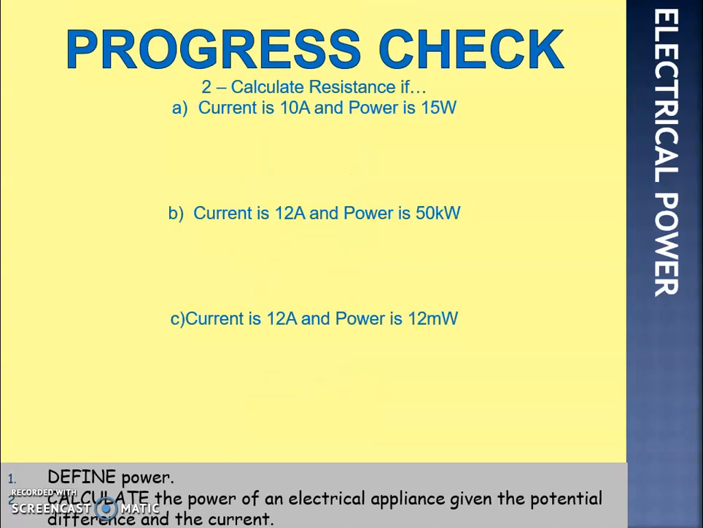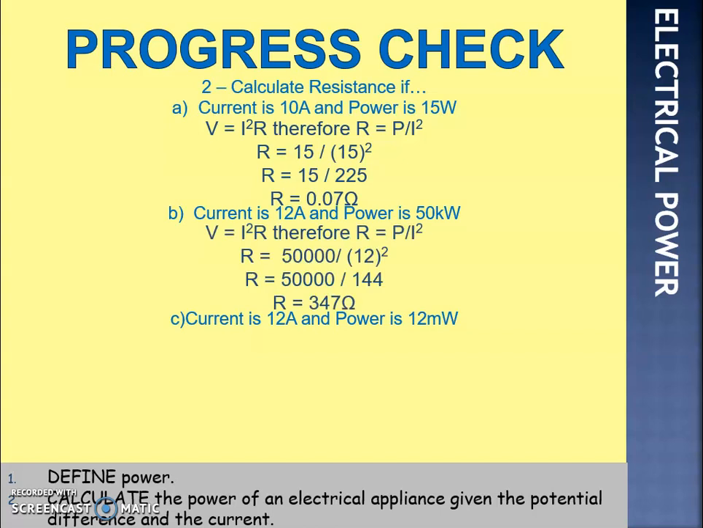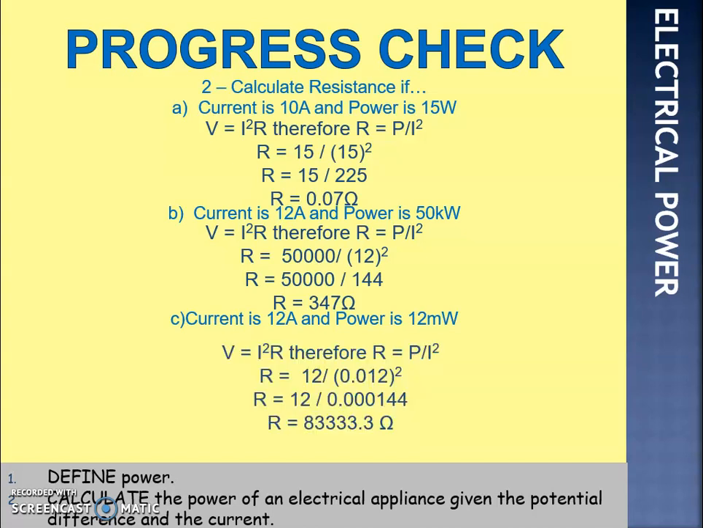7.5 million watts. Second one, calculate resistance if current is 10 and power is 15. You need to rearrange our equation. So P equals I squared R, so R equals P over I squared. 15 over 10 squared gives us 0.15. Second one gives us 347, again 50 kilowatts, change it to watts. And finally, power is 12 milliwatts, convert that to watts, 0.012, squared, giving us resistance of